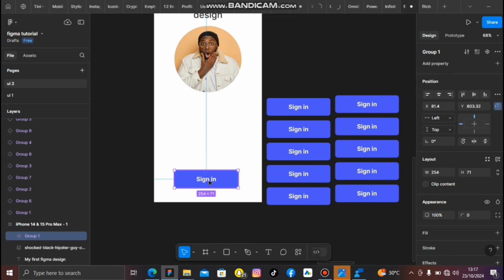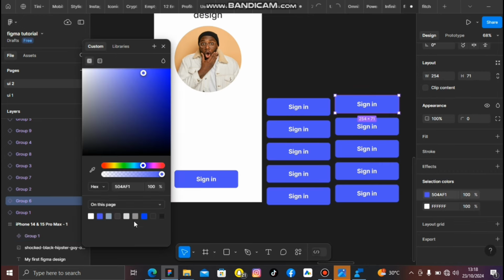It doesn't work like that. So let me show you what I mean. If I want to change the color of all these buttons right here without manually coming to change them, and I want to change it from this instance, just watch me change the color to something darker. When I change the color to a darker shade of blue, you will notice it only changed on this button. It didn't apply to all these ones because all those ones here are called instances and here is the